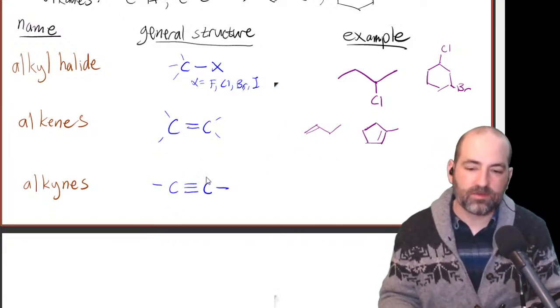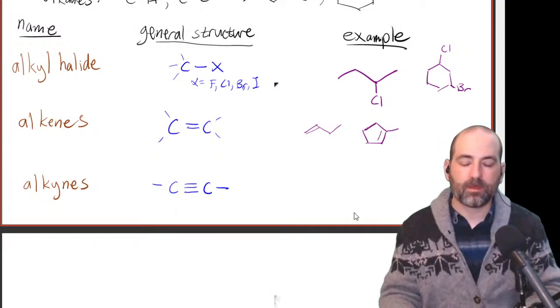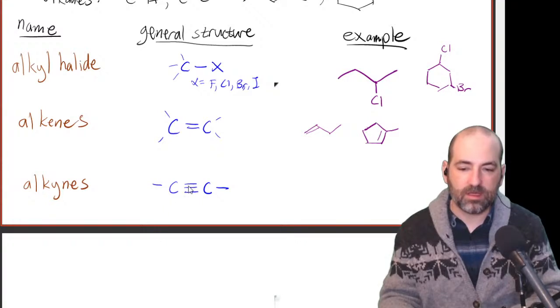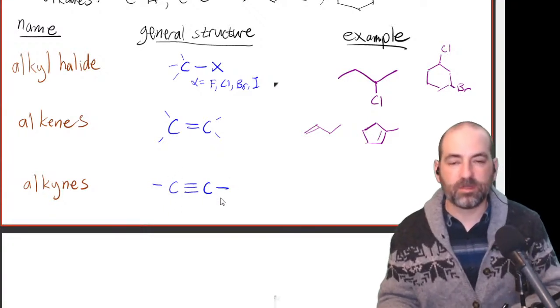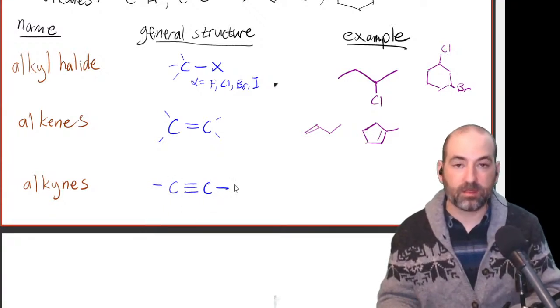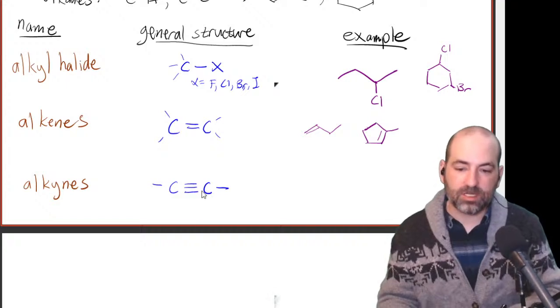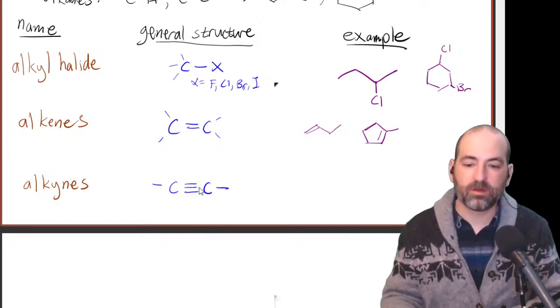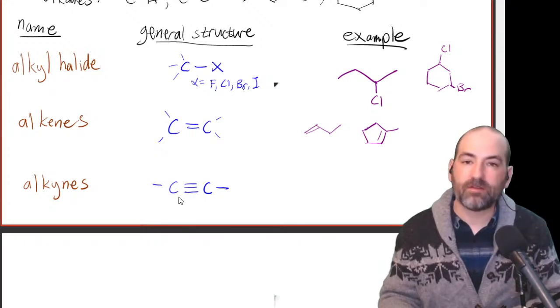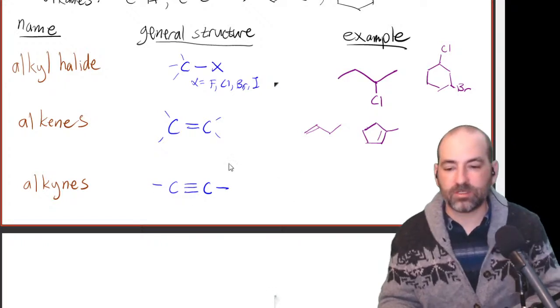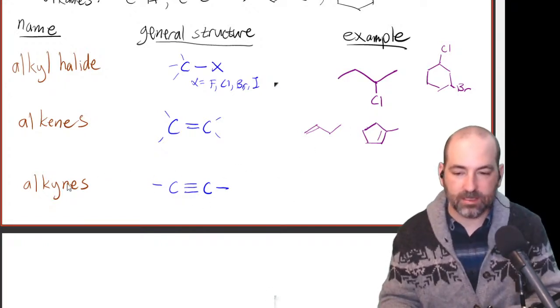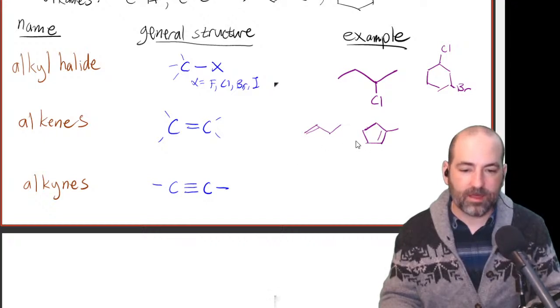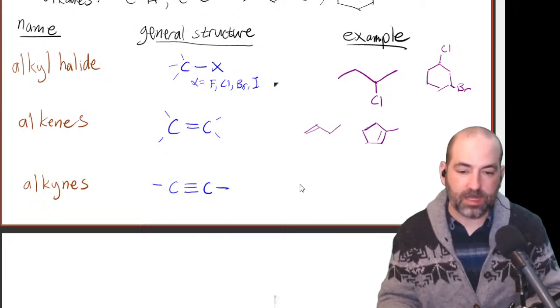And then alkynes, we've got a triple bond. The only thing to note here is if we look at each of these carbons and we think back to the molecular geometry stuff, you'll notice that each carbon only has 2 groups attached to it when we talked about electron groups. And so that means that this is going to have a linear geometry. So when we draw line structures with alkynes, we don't zigzag them like this. They're actually straight. So an alkyne might look like